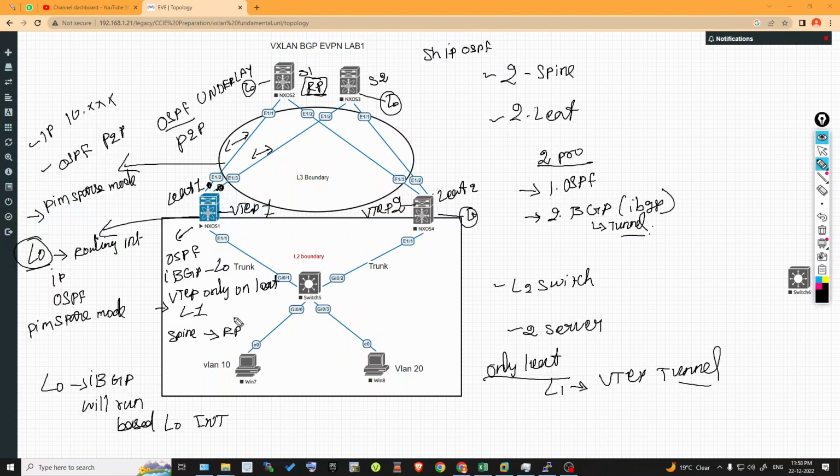To avoid that, what we do for the spine, how we can take only VTEP: we have taken one loopback for one purpose, for VTEP creation, right? Same way on the spine switch, only on the spine switch, we can take one loopback. For example loopback 254, right? We will take loopback 254 and we will keep the IP,